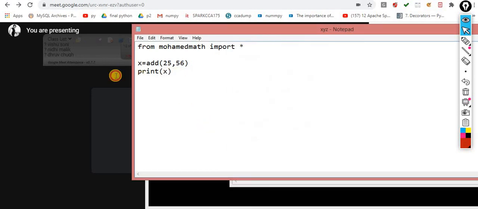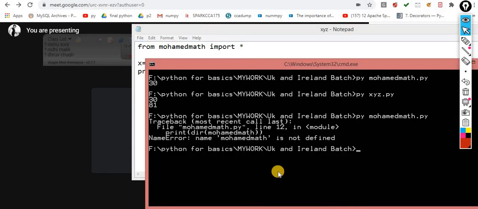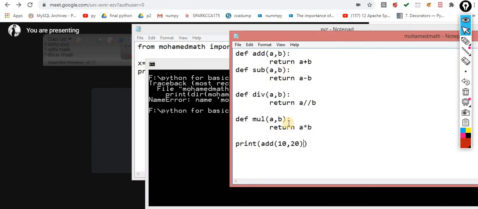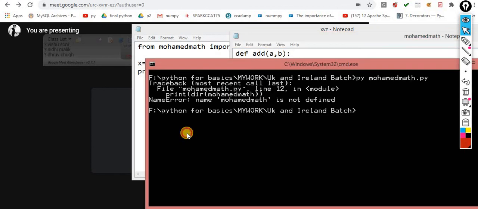Now I am printing dir of Mohammed math, a predefined function. I think it will give you all the special names which are automatically created. But it says Mohammed math is not defined. Why is it saying that?